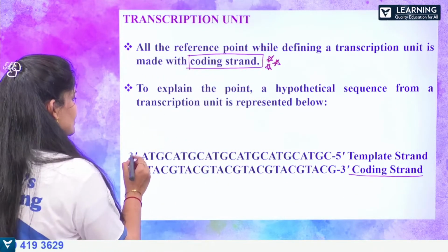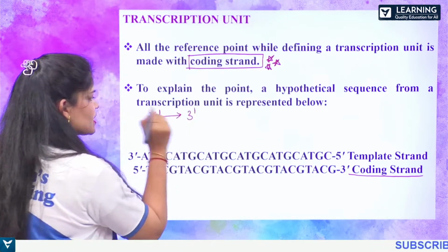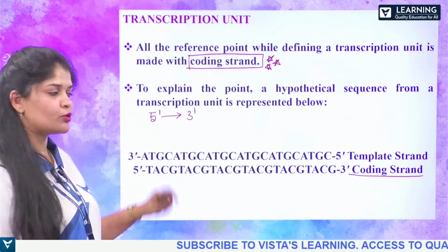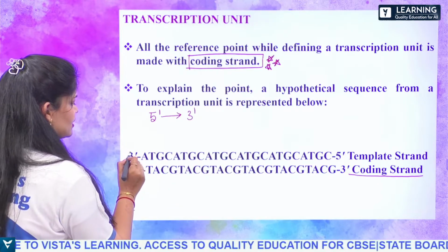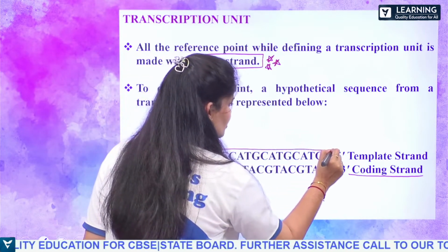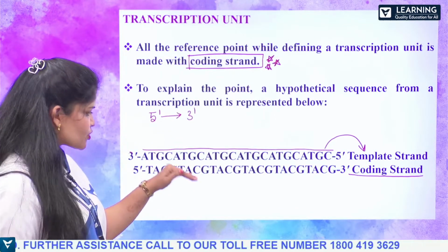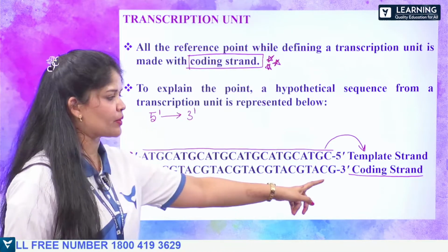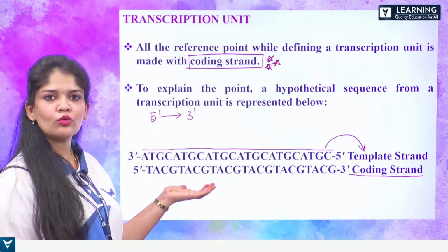See, here we said that 5' to 3' is the direction of polymerization, and the strand which has the opposite polarity, that is 3' to 5'. Out of these two strands, the one having 3' to 5' is going to act as the template strand. But the other strand, which has a similar polarity, that is 5' to 3', we call the coding strand. But particularly here in this case, this strand is not going to code for anything.